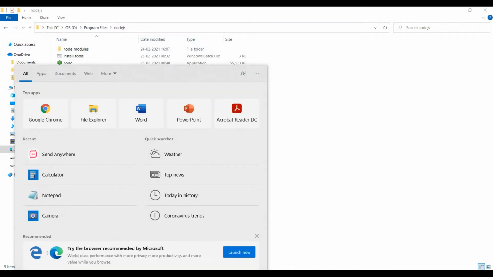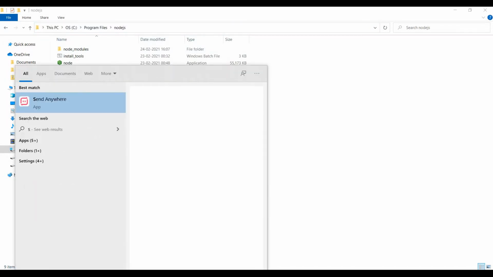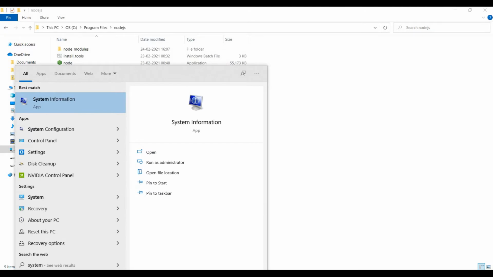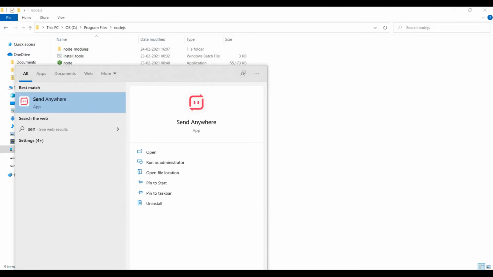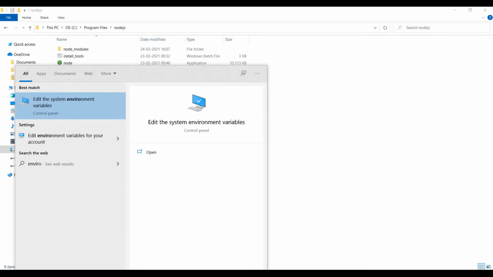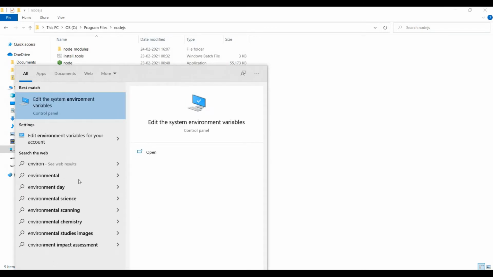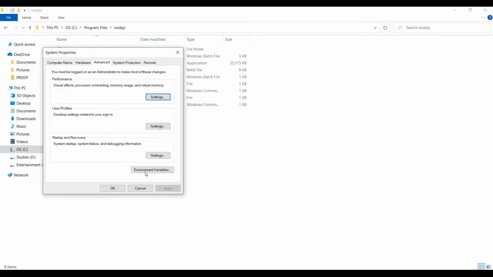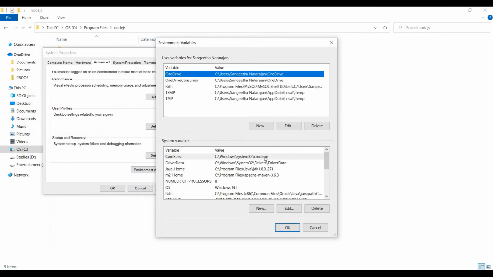Here in Windows 10 you just search system or environment variables. After entering environment variables, it will give you the result: Edit the system environment variables. Click on environment variables.